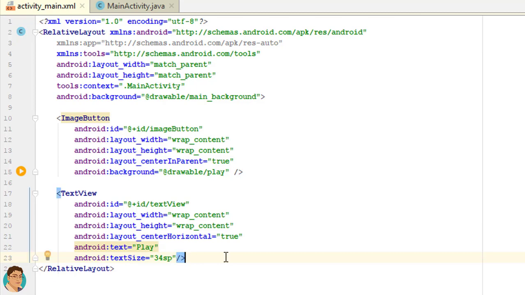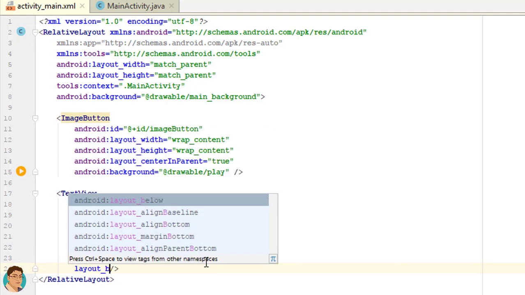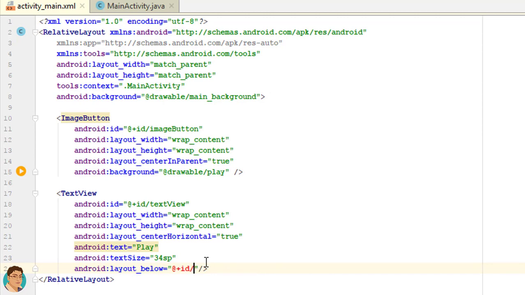It's a measurement unit and it's scaled according to the user's preferred text size. So you should use this when defining text size. For layout sizes, you should use dp or Density Independent Pixel. Position it below the image button. Give a margin top of 10 dp.